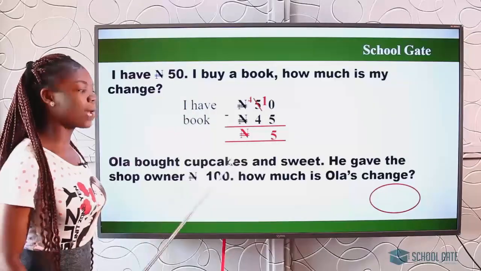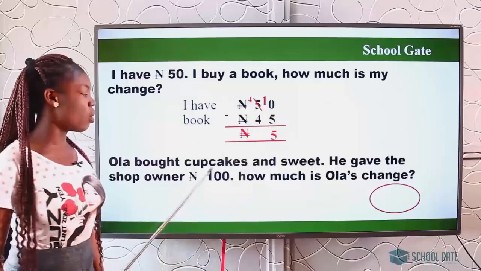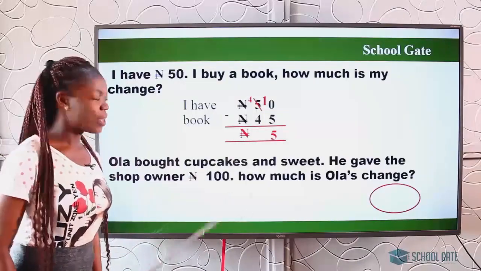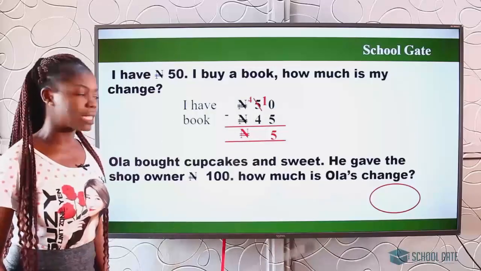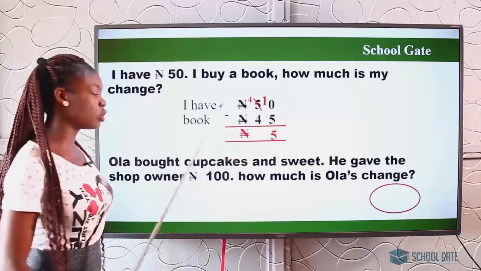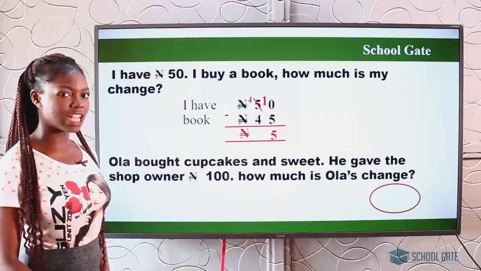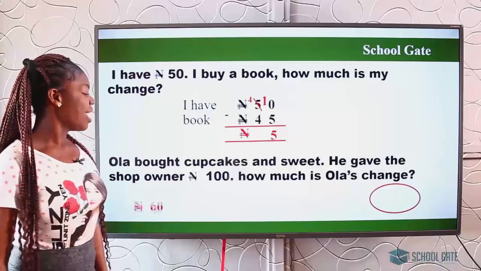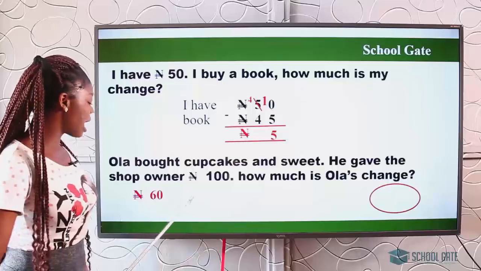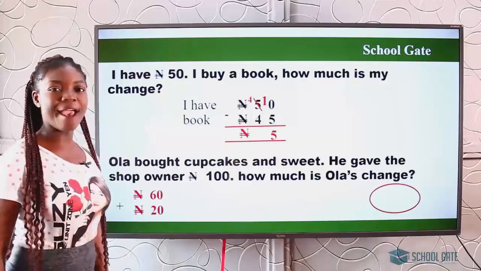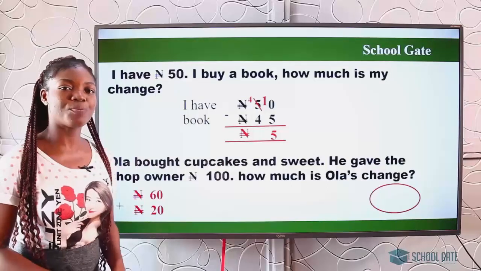Ola bought cupcakes and sweets. He gave the shop owner 100 naira. How much is Ola's change? Okay? So, cupcake is 60 naira. And our sweet is how much? 20 naira. Now, the first thing we need to know is, imagine I gave you 100 naira to buy cupcake,